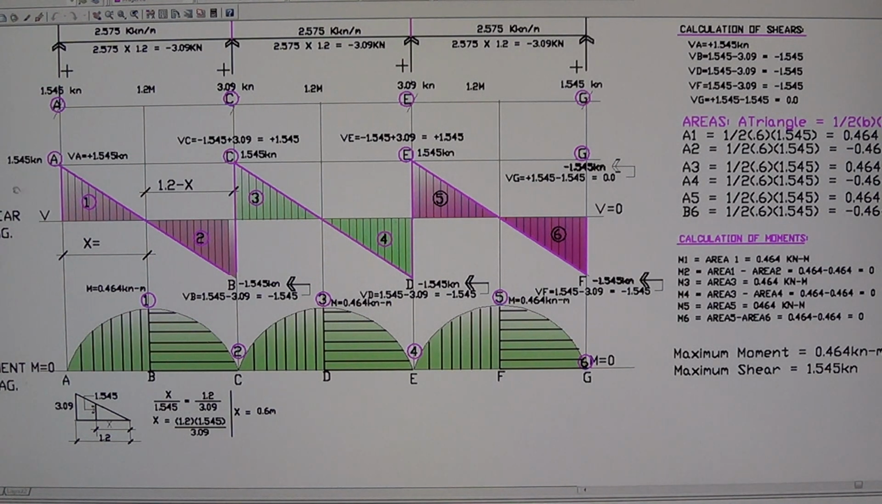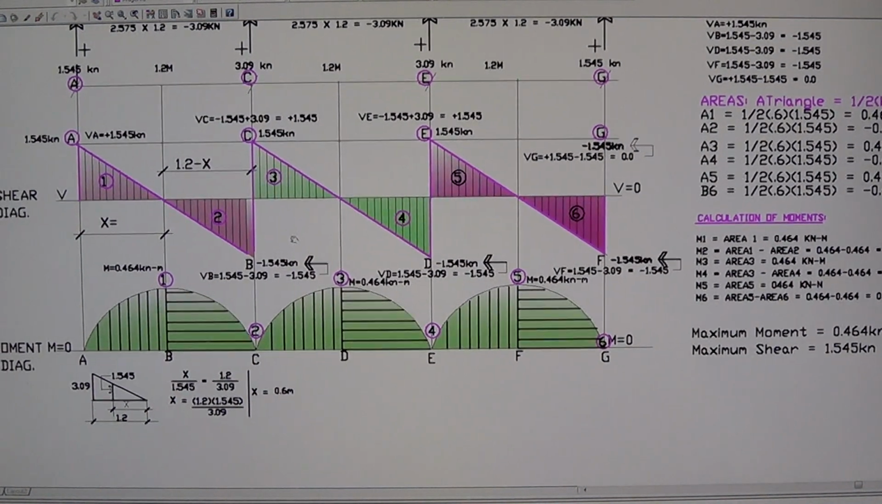So area 1 is equal to X, the base, times the shear, the height, 1.545 kilonewton over 2. So the area of a triangle. So we don't know X. We don't know it because it's passing through the intersection of the 0 line. So we have to calculate the X. What is the dimension of this X here? So to solve the X right here,